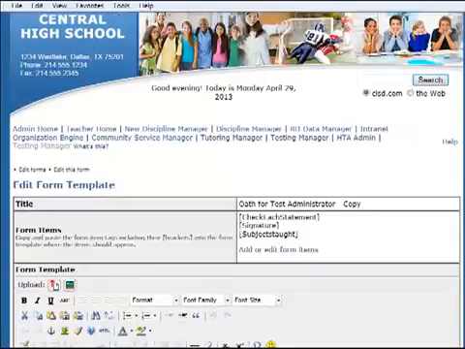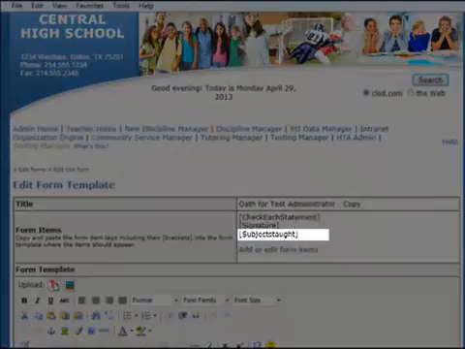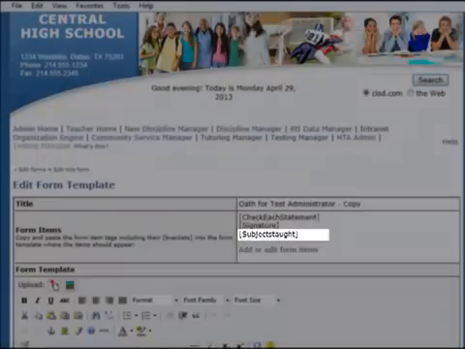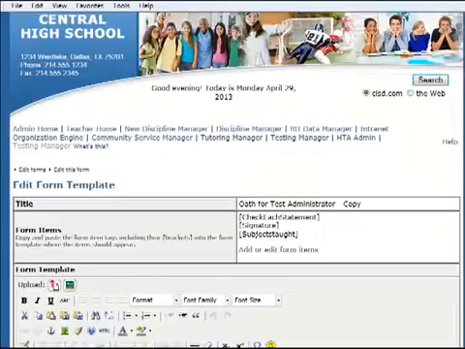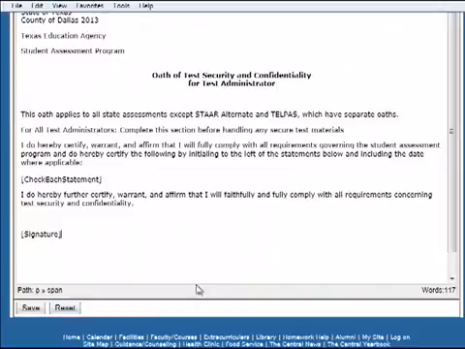We see here the editor for the template, and up above is the list of the form items. There are the original two, Check Each Statement and Signature, and now the new one, Subjects Taught. The way to put these forms into the form template is to select and copy the name of the form, including the square brackets. Then we scroll down and paste it into the template wherever we want it to appear. Now when this form template gets populated, Subjects Taught will appear below the signature. I'll save it,